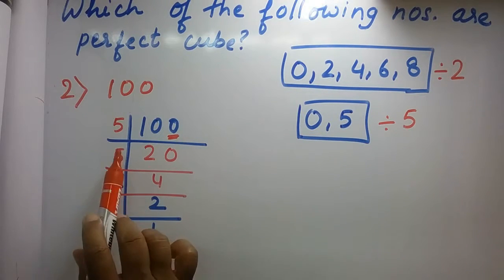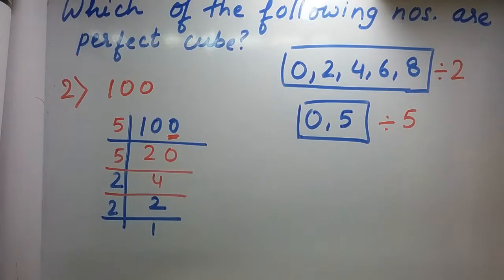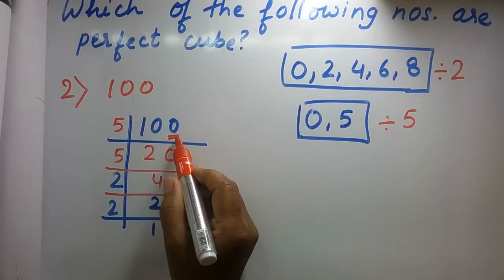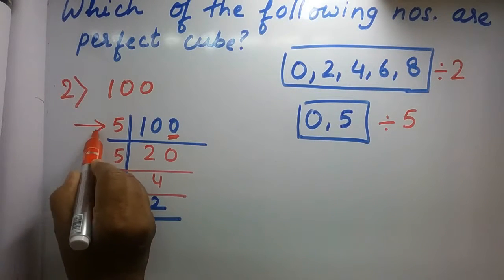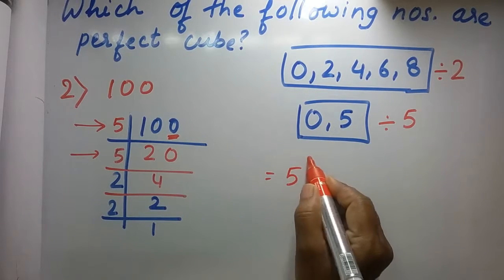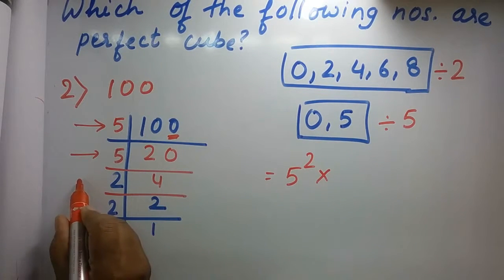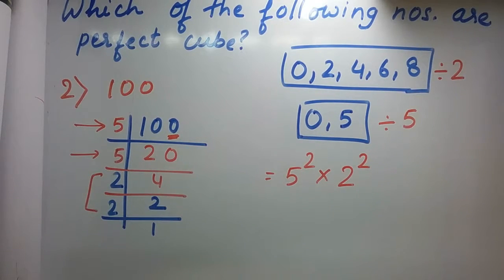It is divisible by both 5 and 2. You can start with 5, you can start with 2. That hardly matters, but you have to see what is there in the unit place. Now you will find here there are 2 5s. So for 100 you have 2 5s and the next 2 is 2. That is also 2. So the question is